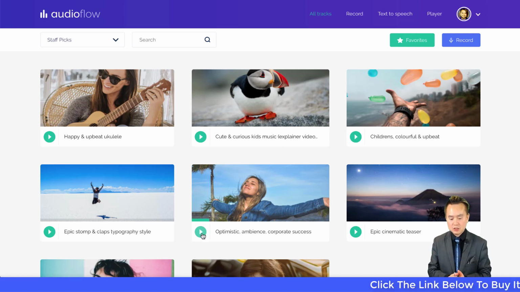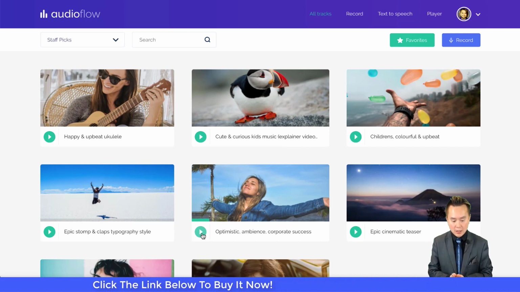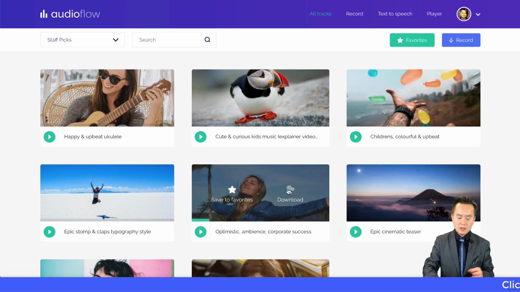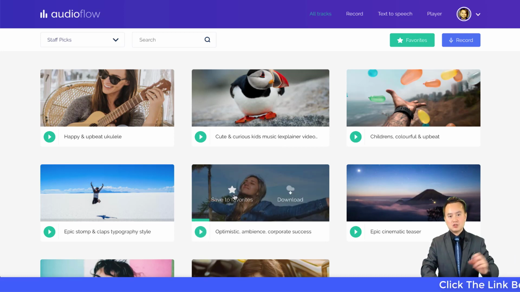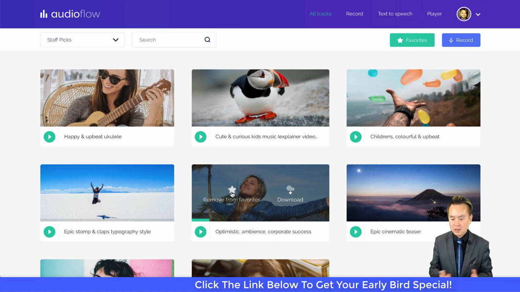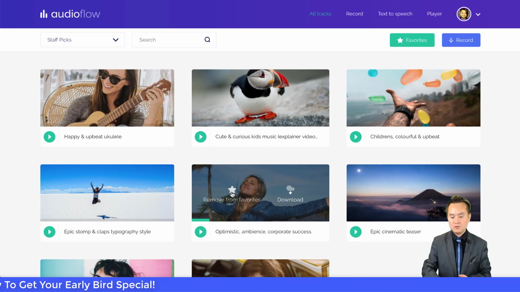So the music starts kicking in now. As you can see, as soon as you get in here, you're going to be really enjoying this music. Another thing: this versus YouTube's free library is well organized. Number one, if I'm working on a film project for my client and I just want to listen to the songs, I don't want to download them right now, but I listen to 5 different songs, I want to save them to favorites. As you can see, I just saved this song to favorites.